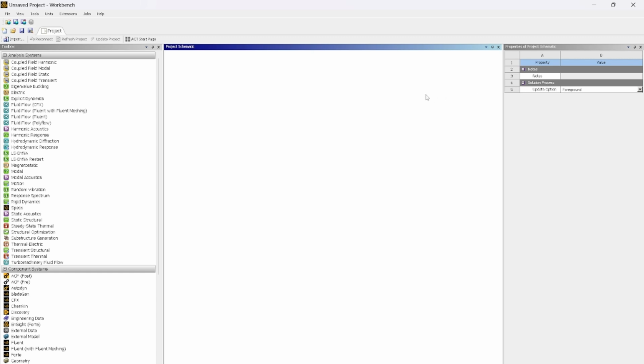So guys, this is our workbench. Here you can see the toolbox. Here we select static structural. If it's done, we will put engineering data. Engineering data, we will select the